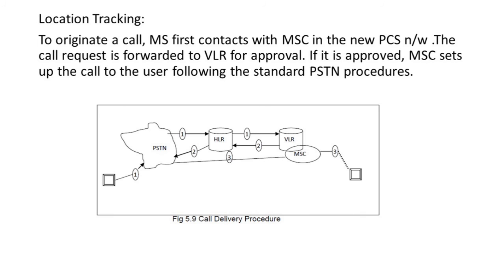So when we talk about roaming, your location tracking has to be very correct. Otherwise, you will not get the new information. So what happens? The steps for location tracking can be performed like this. First, if a wireline phone attempts to call a mobile subscriber, the call is forwarded to a switch called the originating switch in the PSTN. This is the public switched telephone network.